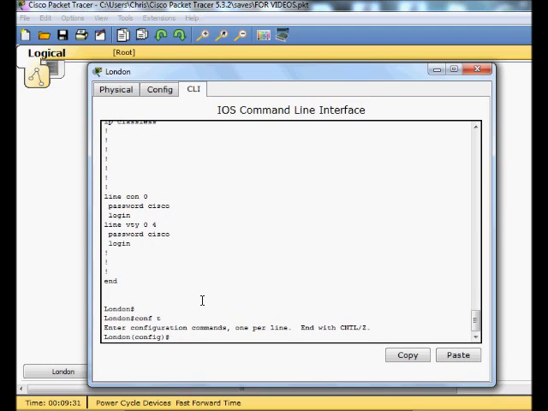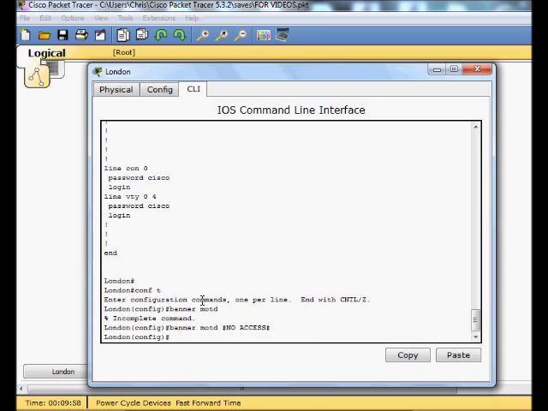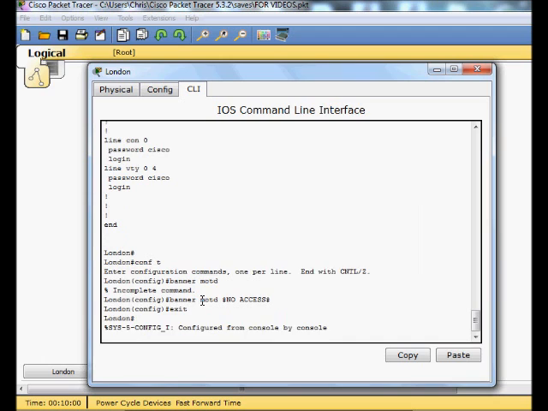Back into configuration mode, and we're going to apply a banner, and it's the message of the day. So banner MOTD. Oh, it says incomplete command. Space. A delimiter is needed here, so a special character, and I usually use the hash. I'm simply going to say no access, and finish with the special character again. Press enter. Now if I exit out of my router completely,